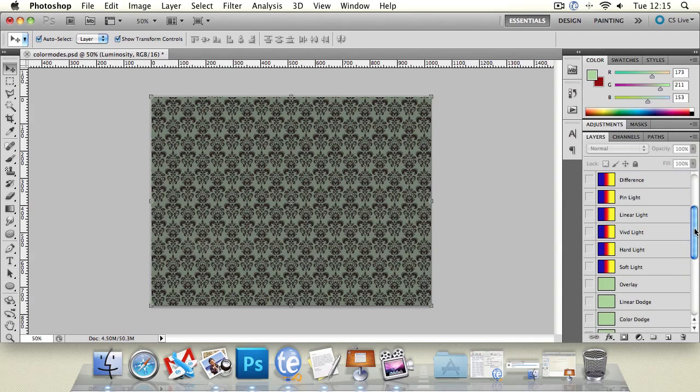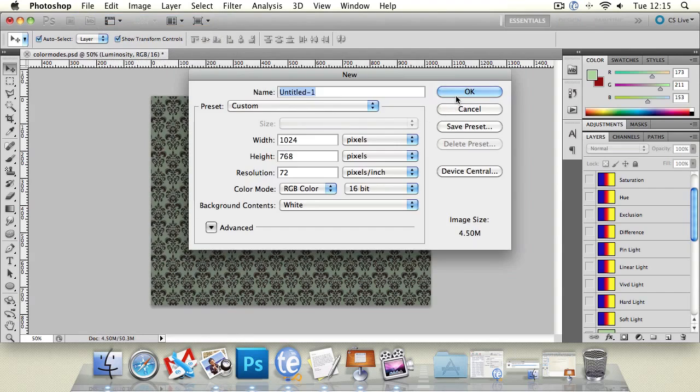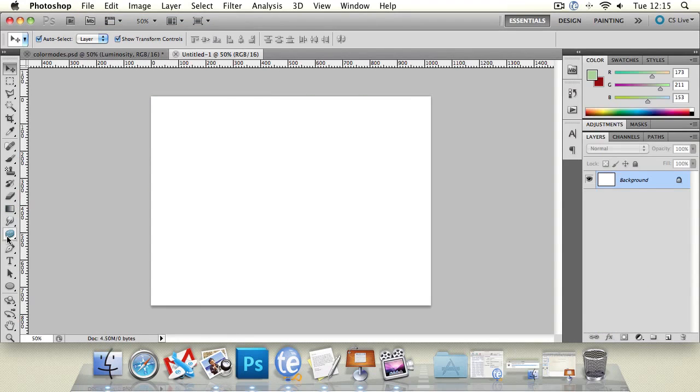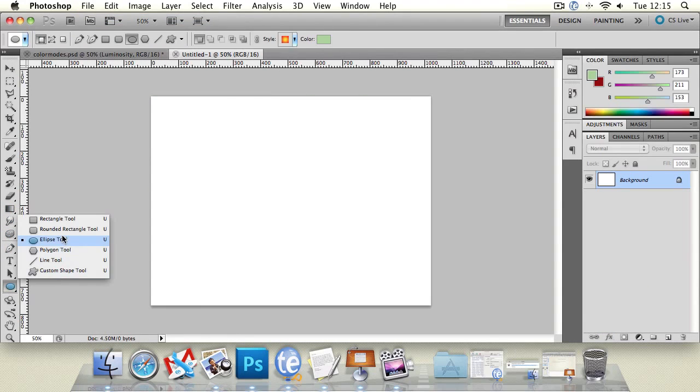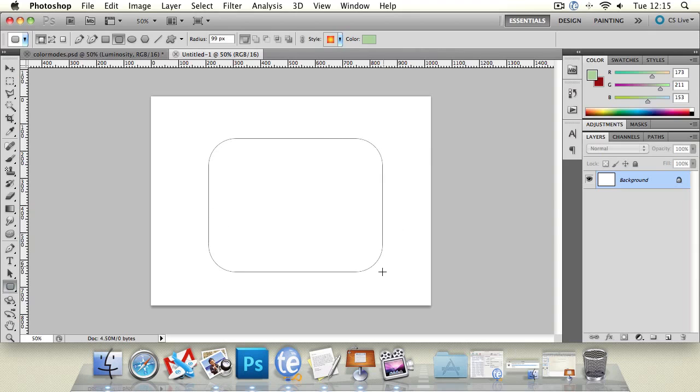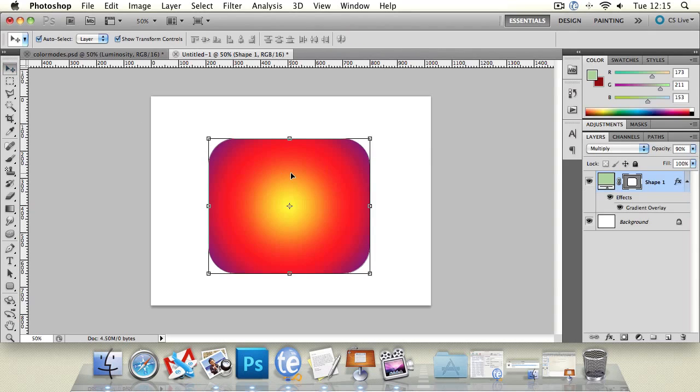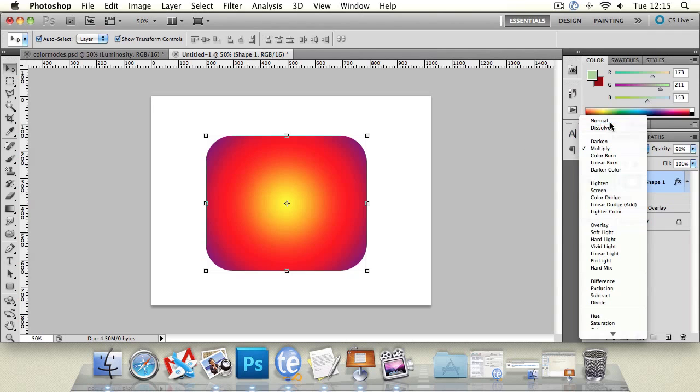However, we're now going to show you blending options. So let's create a new document, and we're going to just put a random shape into here. Let's find our shape tool. Just put a rounded rectangle in just like that. And you can see that's got a gradient applied. Now we've shown you gradients already and we've shown you shapes. This is kind of a way of combining gradients and styles and all kinds of stuff into one of our